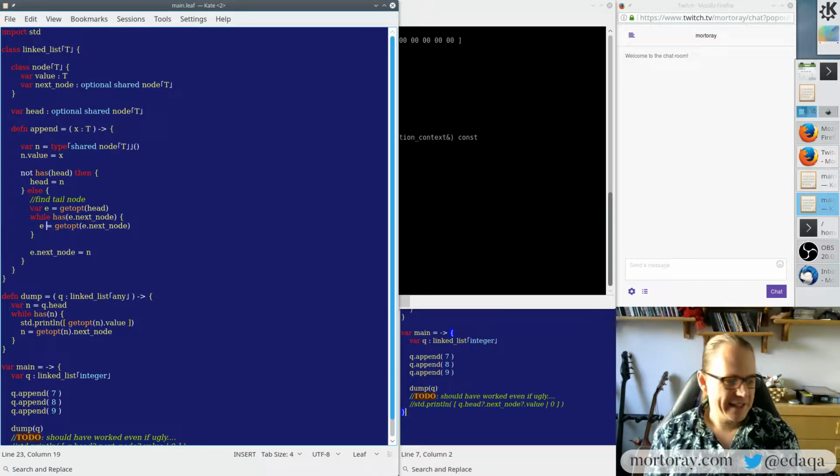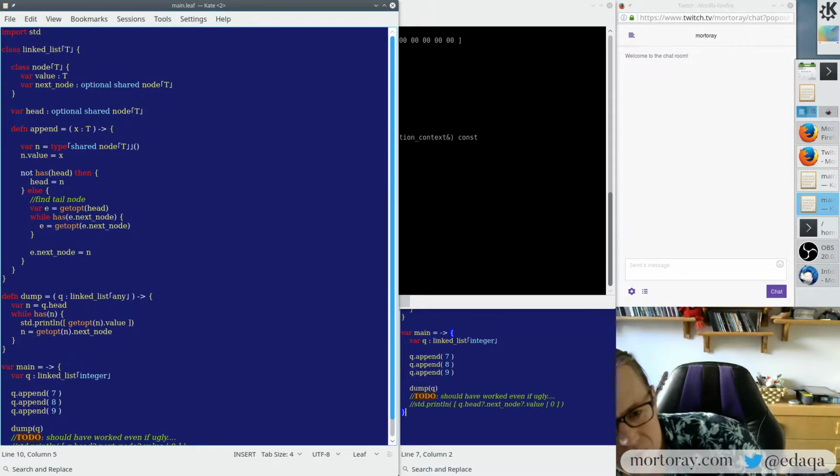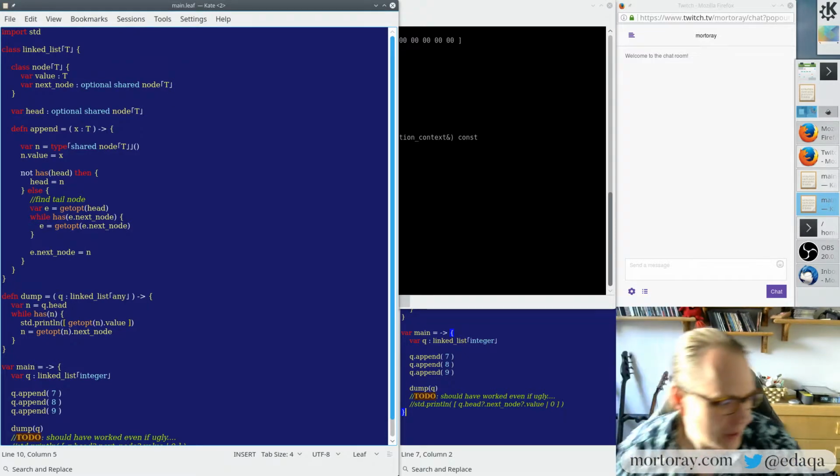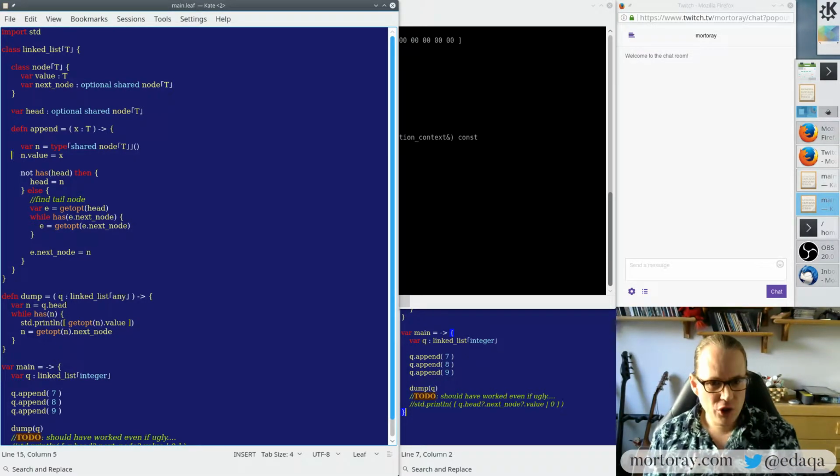This finding tail node isn't so good though. It's one of the problems with the linked list if we have it what's called singly linked. When we have just this forward thing, it's actually not a problem with singly linked lists, it's the way I store things. We have no way of knowing what the tail node is, so append becomes what's called an expensive operation. Because every node we append, we have to iterate through the whole list. Append becomes a theta of n,